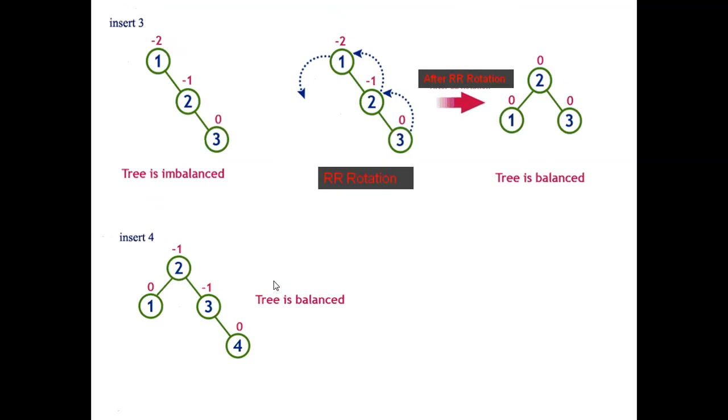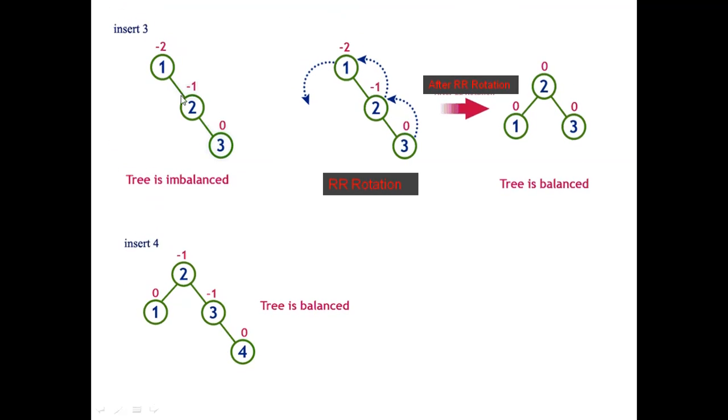Now let's see this one. While inserting this 3, what will happen? We are going to insert 1, 2, 3, 4, 5, 6, 7 till 8. So we have this 1, 2, and 3. Okay, so the tree is imbalanced. The balance factor is -2. What will we have to do? Minus means it will get higher on the right side. We'll have to do RR rotation. For RR rotation, we'll have to move this node left. So we are going to move left.